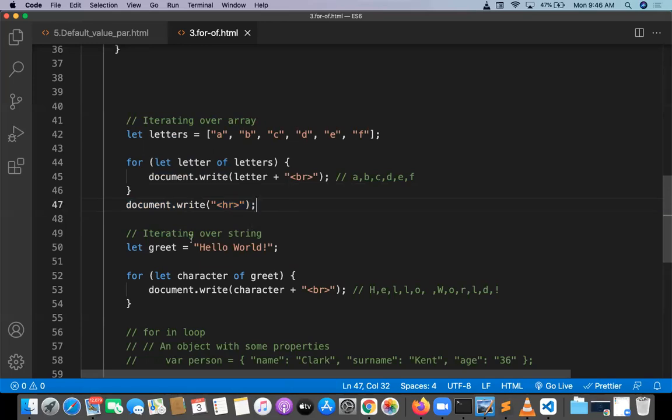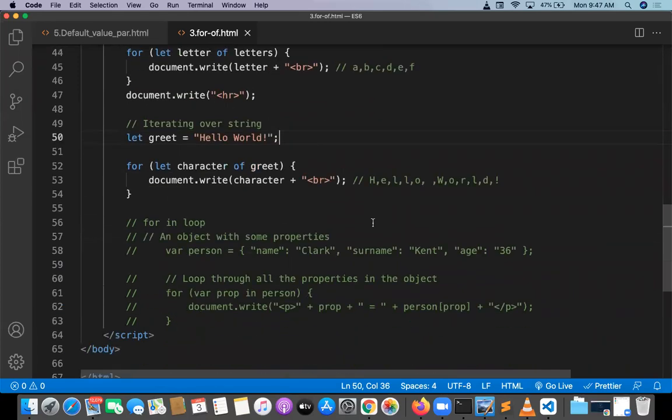And if it is not an array, it is a string, basically iterating over the string. So this is the string. From the string, I want to iterate each and every character. It means H I am accessing, E I am accessing, L I am accessing, and space also I am accessing. For each and every character, I want to fetch the thing. So that is actually called a for of loop.